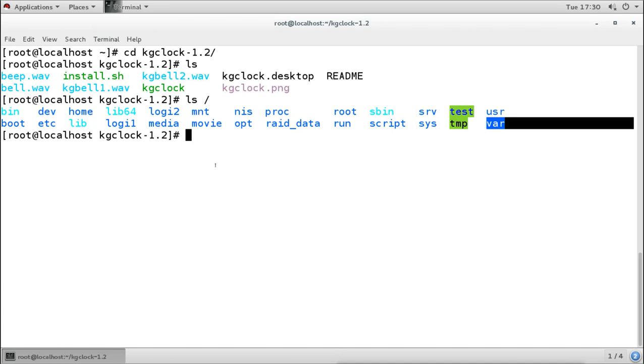So what it does is create and move the files to different locations. It is not actually creating the files. What it is doing is opening the package and copying the files into the respective directories.